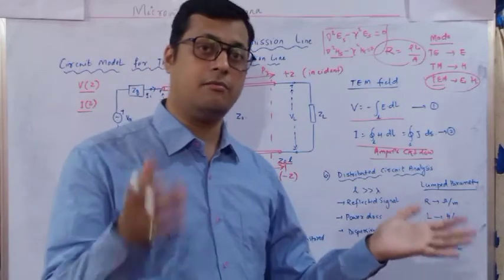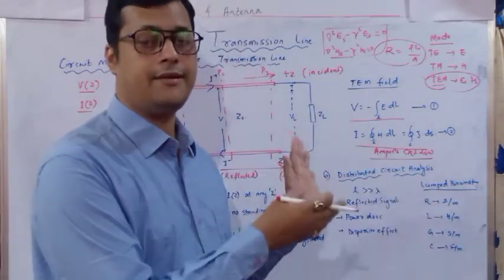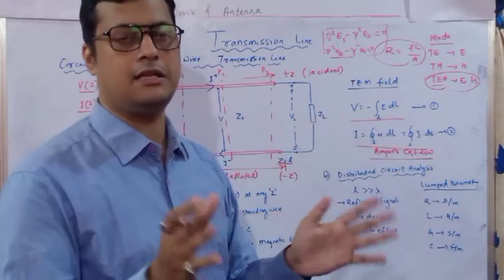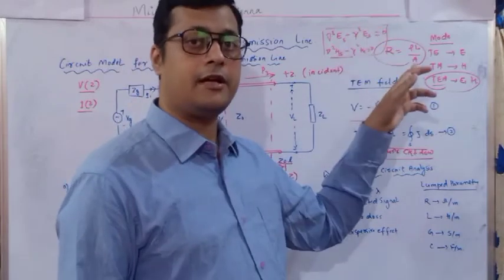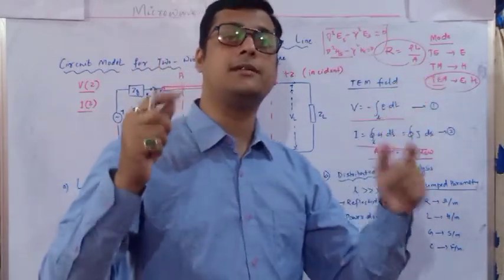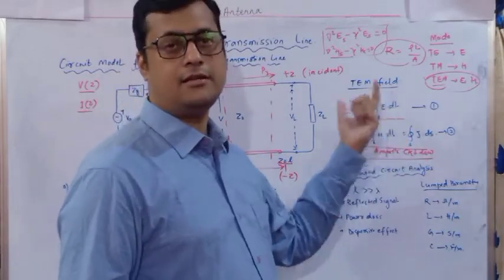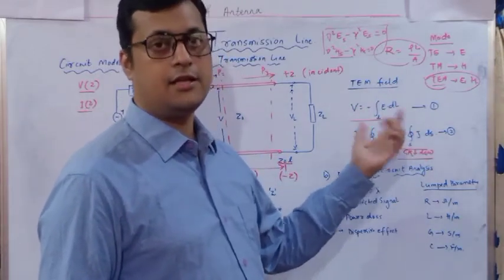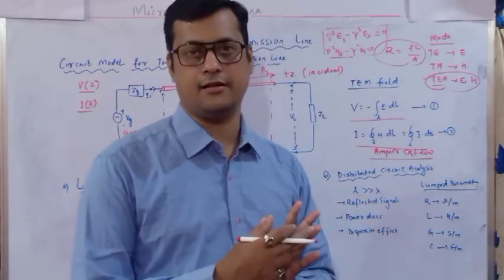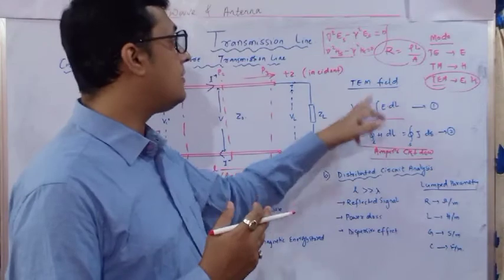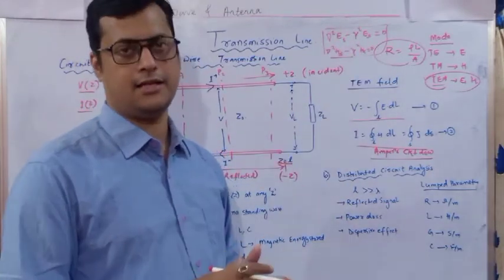In the conductive medium, potential and current are going to travel, and that too with some lumped parameters, the RLGC parameters. So whatever equation we derived in terms of E and H, now we have to represent in terms of V and I. That is the basic analogy behind why we are using these two relations. Now we have to represent the wave equation in terms of potential and current, and this gamma square will be related to the RLGC parameters, which we will see. It is a very good one.